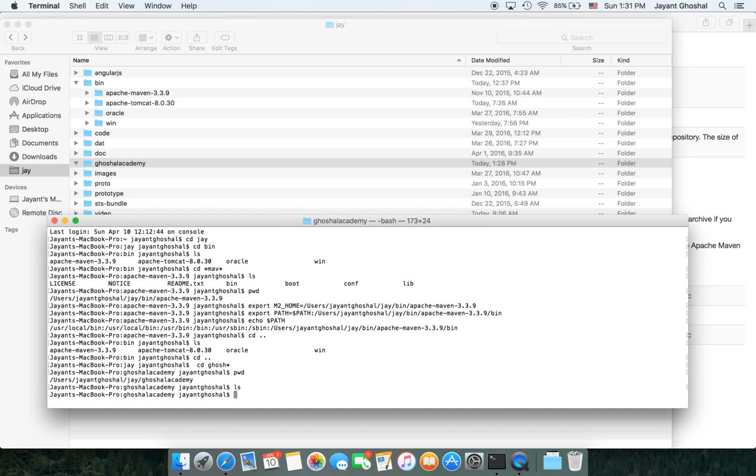Okay, so to begin with, what we'll do is we will create a directory structure and get a starter class on which we are going to do the programming. So one of the first things you want to do is go to the directory where you want to be, then type maven archetype generate,